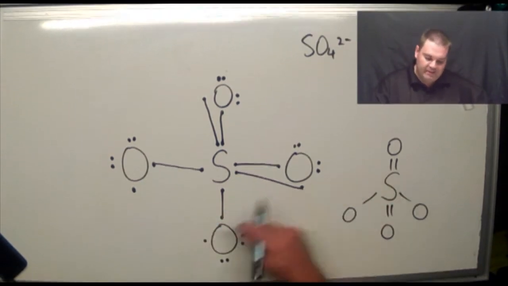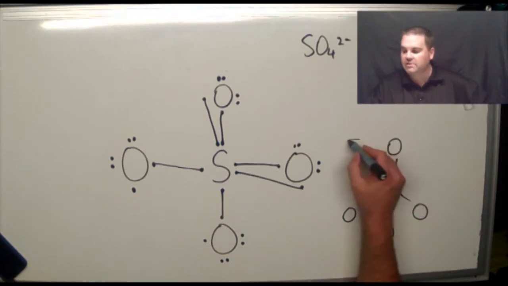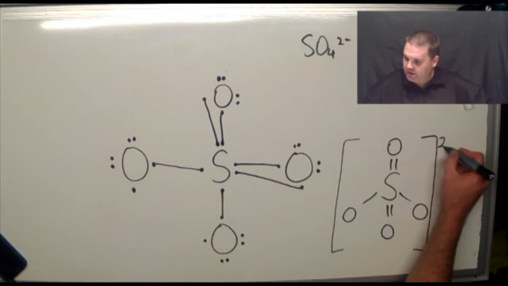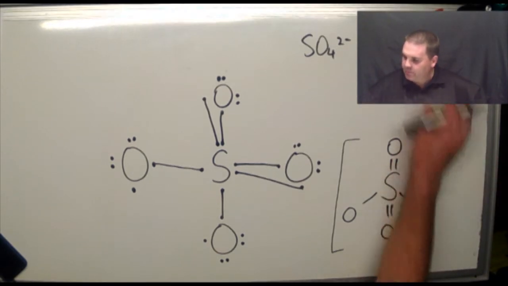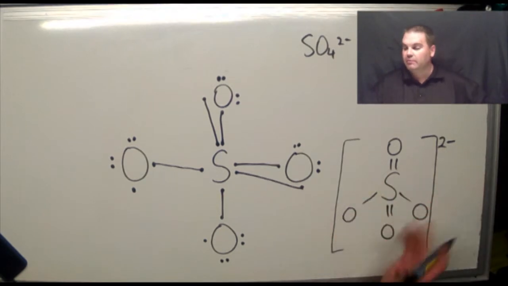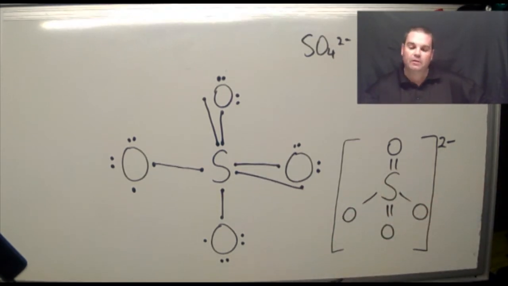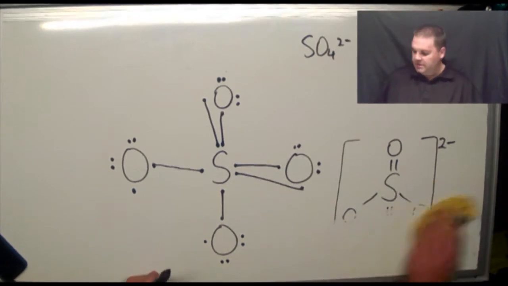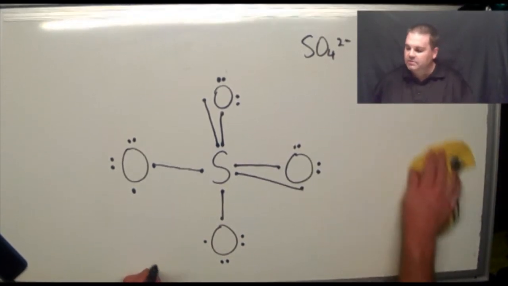Sorry, the lone electrons on there. Because what we do is we put a big square bracket either side, and we put a 2- charge in there. That shows us that we've got 2 lone electrons. All right, really straightforward. If we wanted to turn this into sulfuric acid, so instead of the SO4 2-,